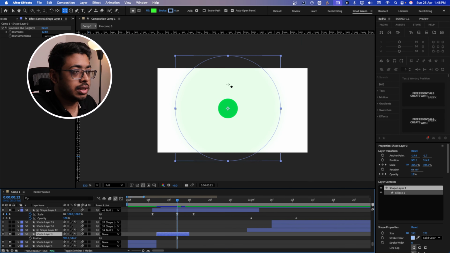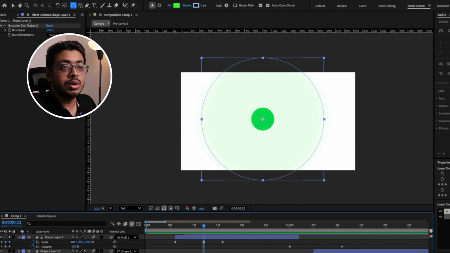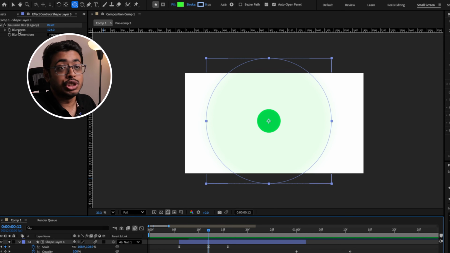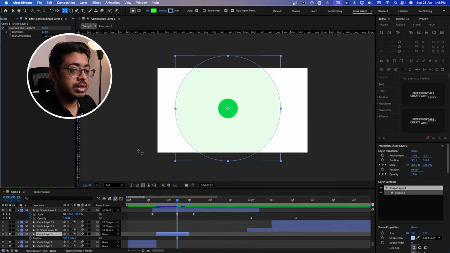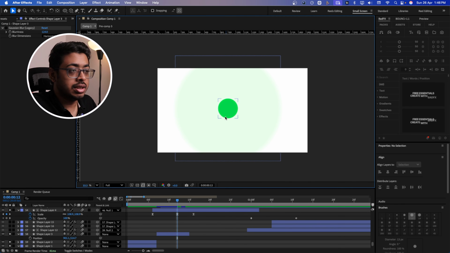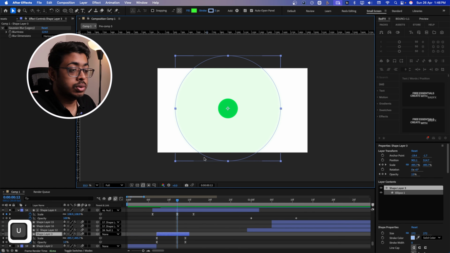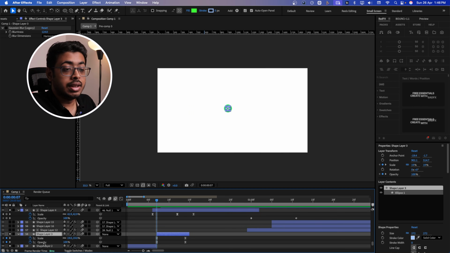You see this one? This light effect. This is created by just adding a simple ellipse over here on the background. You see over here, on top of it, we have added the Gaussian blur. If I remove this, see, it's a simple circle, like a light circle. And on top of that, if I press U, see, we have just added a keyframe, in the scale